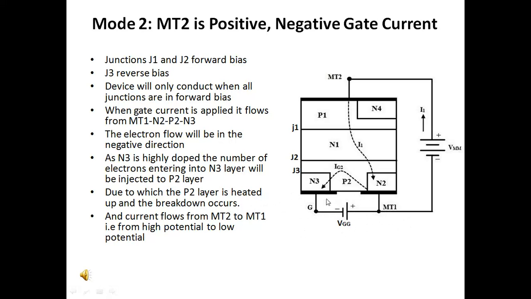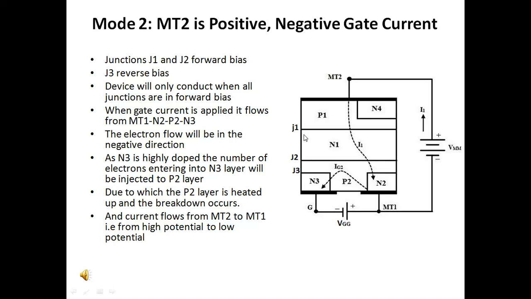By looking into this figure, based on the connections, we can analyze that the junctions J1 and J2 are forward biased and junction J3 is reverse biased due to the negative gate terminal which is connected to N3. As we know, the device is going to conduct only when all the junctions are in forward bias. To convert all the junctions to forward bias,